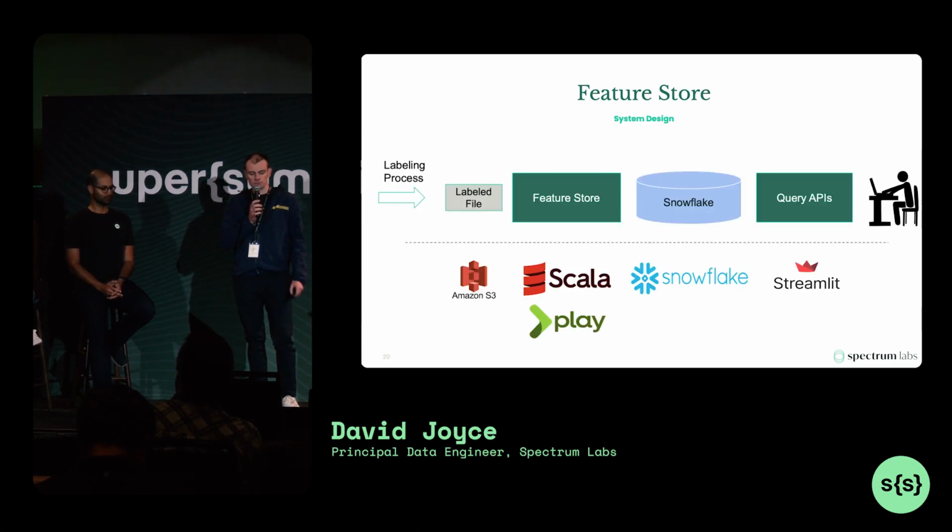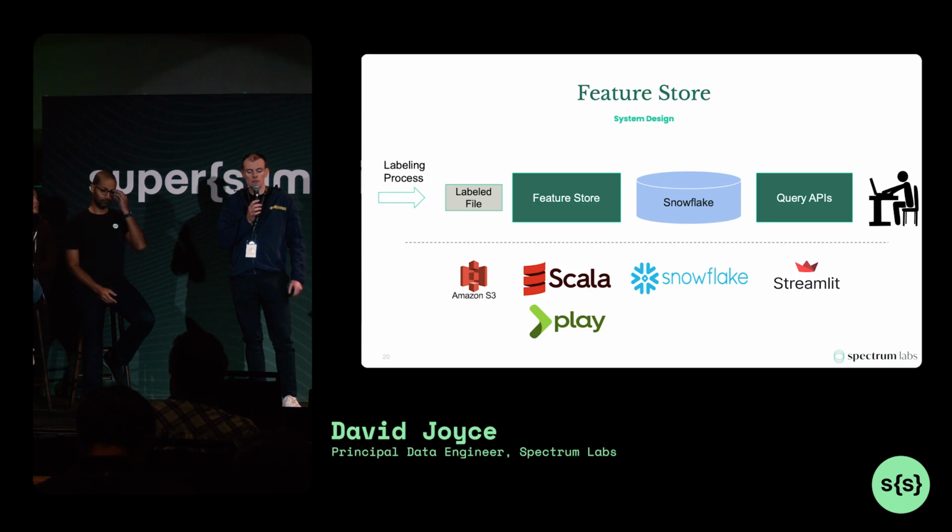For the engineers in the room, just a little bit about the design here. A labeled file lands basically into our system at the completion of the human labeling process. That data is stored in S3. We've then built out a feature store application. It's a web application that performs transformations, validations, etc. on the data before eventually storing that data in both S3